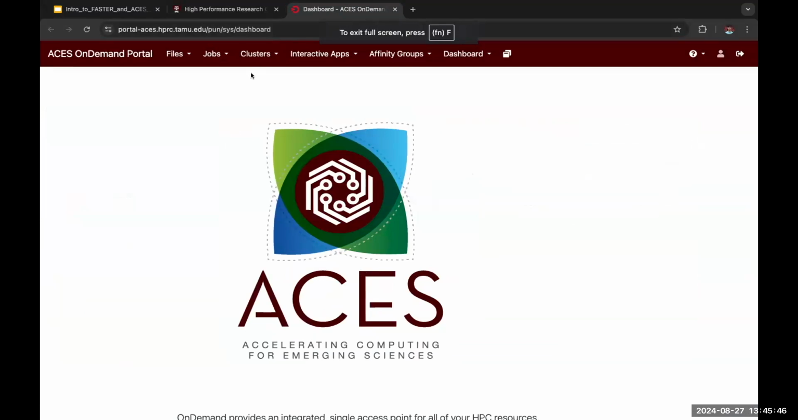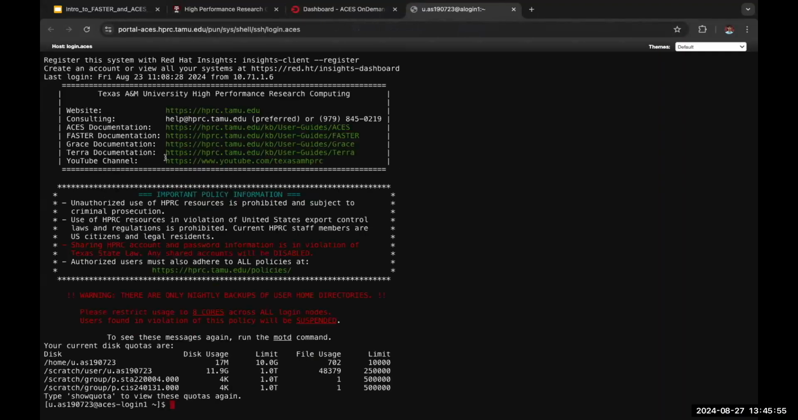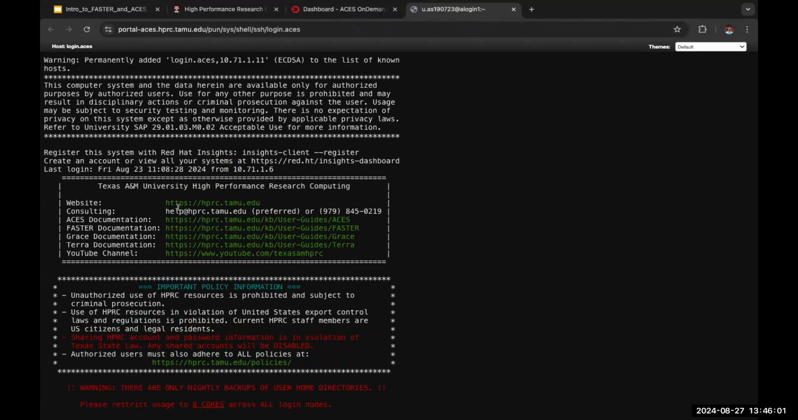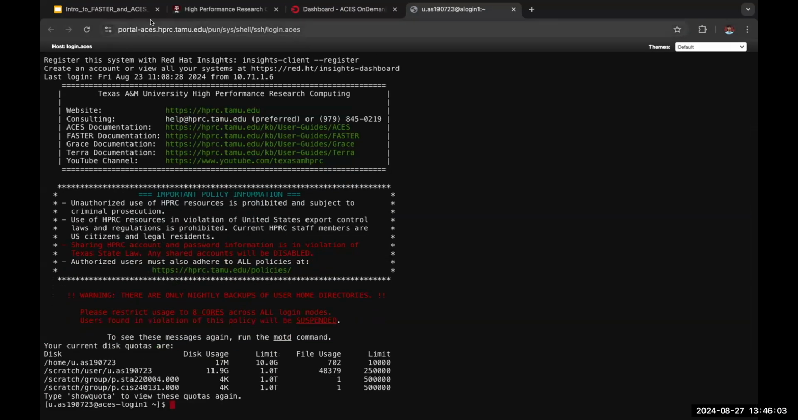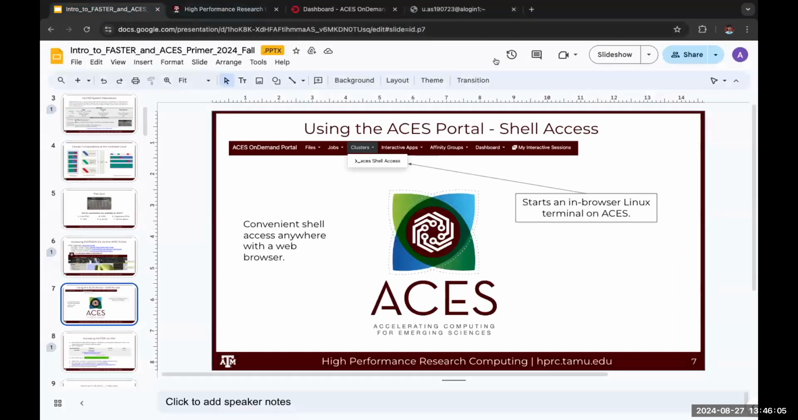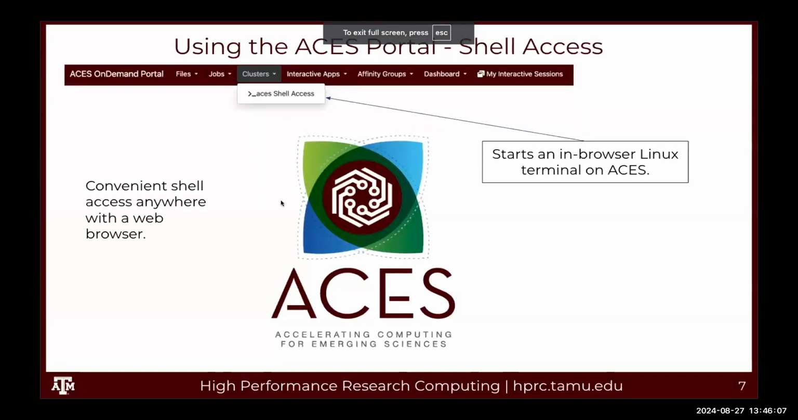If you go back to the portal and click on clusters, you should be able to see this option here. And if you click on this, you should be able to visit this shell, and you should be able to see such output. So going back to the presentation,